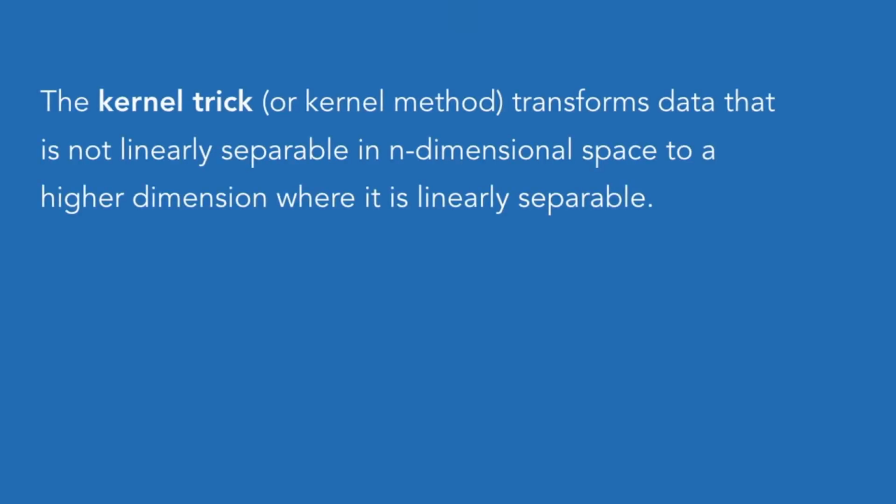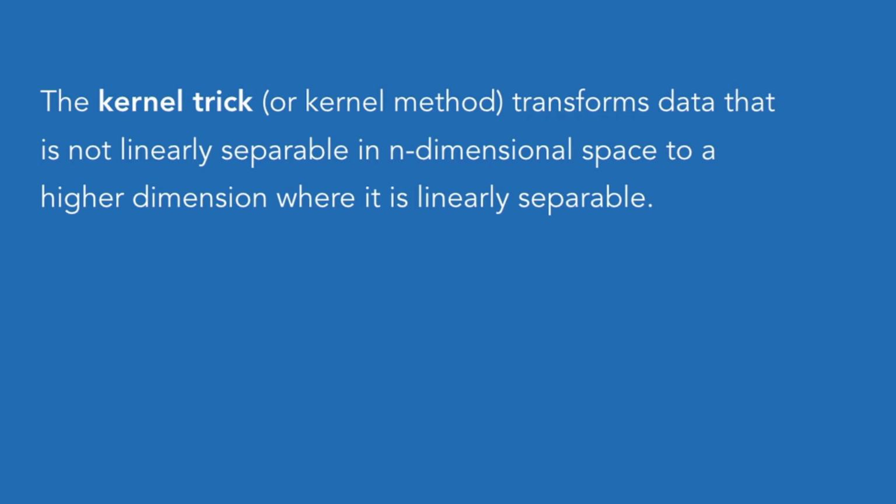Up to this point, everything we've discussed requires our data to be linearly separable, so we're using a straight line to separate out examples in 2-dimensional space, and we are using a flat hyperplane to separate examples in a 3-dimensional space. We're not using any curved lines or curved hyperplanes. So, what happens when we have data that can't be separated by a straight line or a hyperplane? That leads us to this really creative trick called the kernel trick.